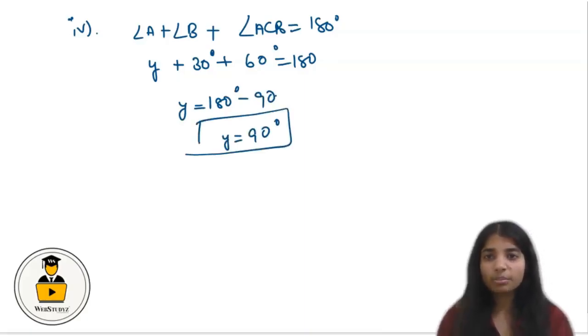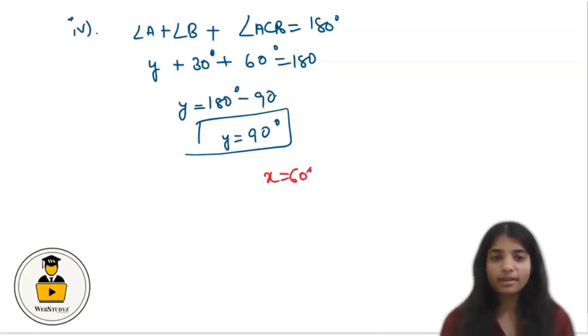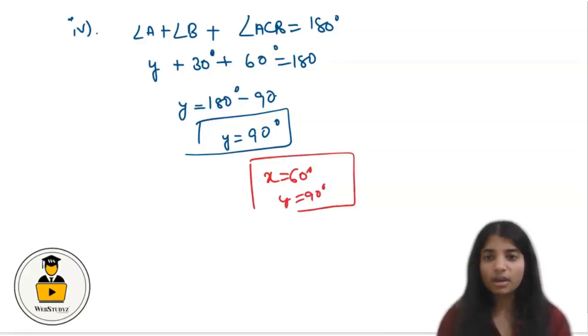So from here we get both the values: the value of x is equal to 60 degrees and that of y is equal to 90 degrees. So this is the answer to part 4. Now part 5 is,